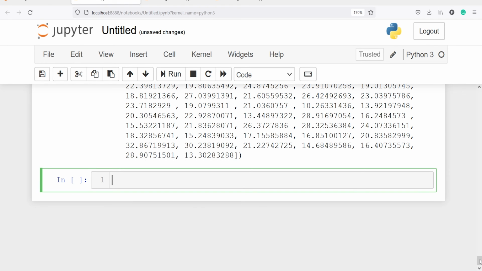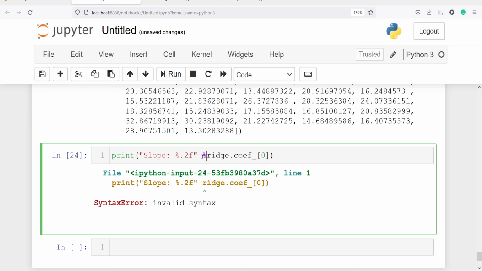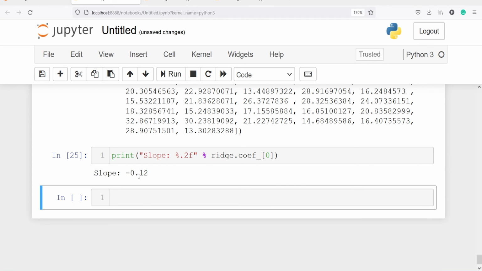Now we are going to print the slope and intercept for our model. First we will print the slope, print slope, percentage .2f. 2f means we want to round it off to two decimals only. Then we will call the ridge, and we will get the slope, and slope is present in coef_, and the index number is 0. Now you will see we got the slope here.